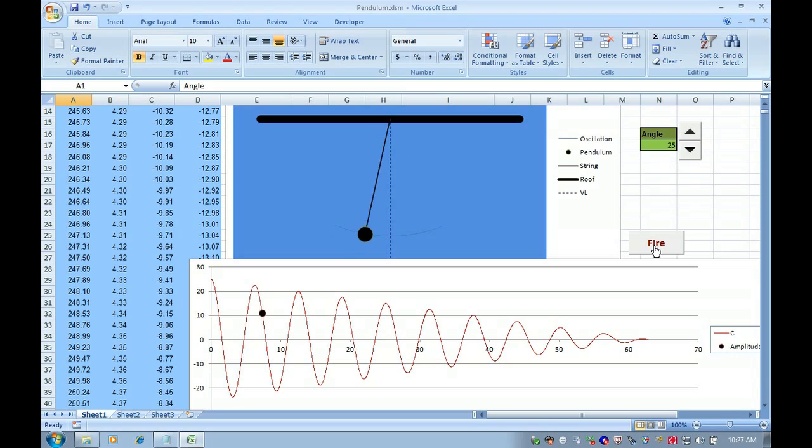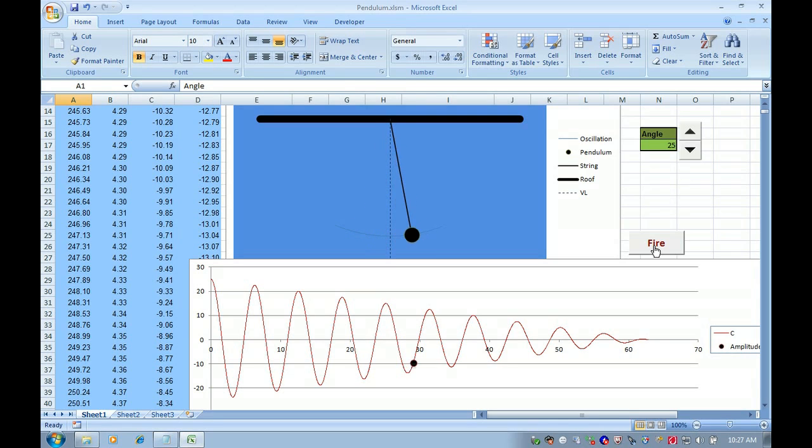This is a simulation of simple harmonic motion. You can see the pendulum is oscillating and its amplitude is slowly dropping. It's going to drop to 0, and at the bottom you can see a cosine graph,